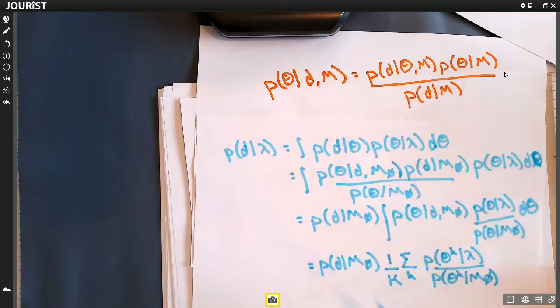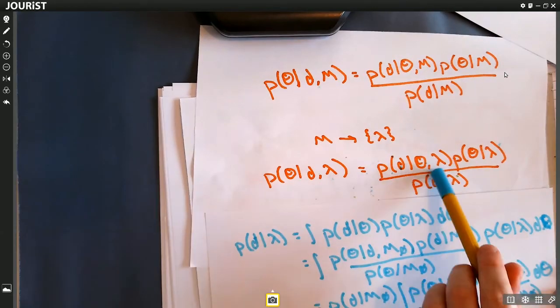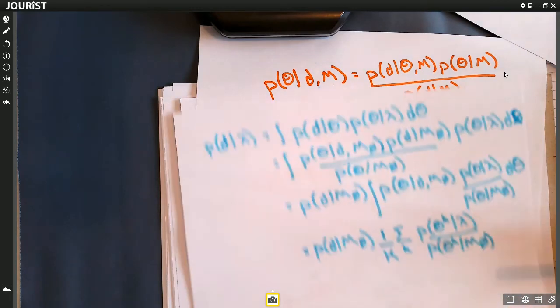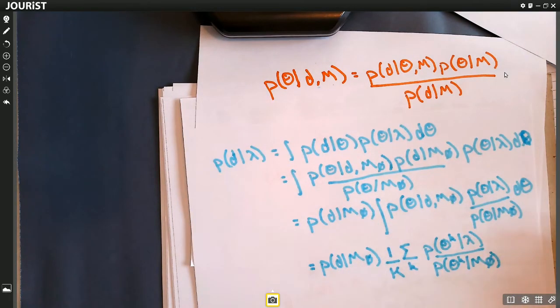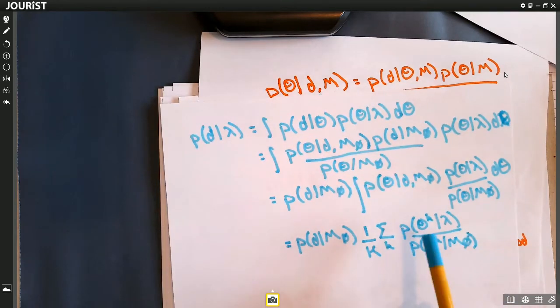So instead of having to recalculate parameter estimation for each value of lambda, which would be extremely expensive, we can take our default parameter estimation with our standard LIGO-Virgo priors, evaluate the priors of our hierarchical model at that point, take the ratio of the priors in our uninformative prior at that point, add those all up and reweight everything. So we can recycle the posterior samples, reweighting them instead of performing parameter estimation all over again.